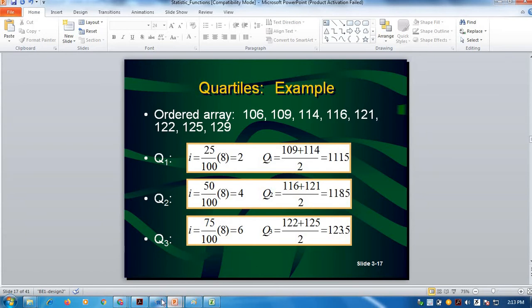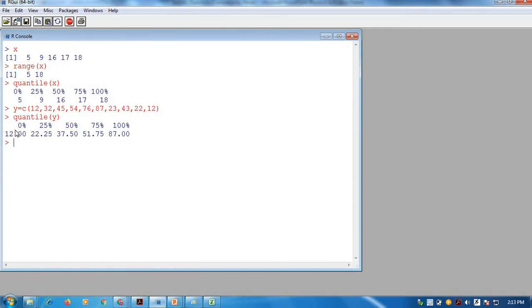In the same way the values are calculated here. At the 0th percentile it is 12 and at 100% it is 87. So even though your data set is not arranged in ascending order, it is first arranged, and you can find here 87 appearing at the 100th percentile.